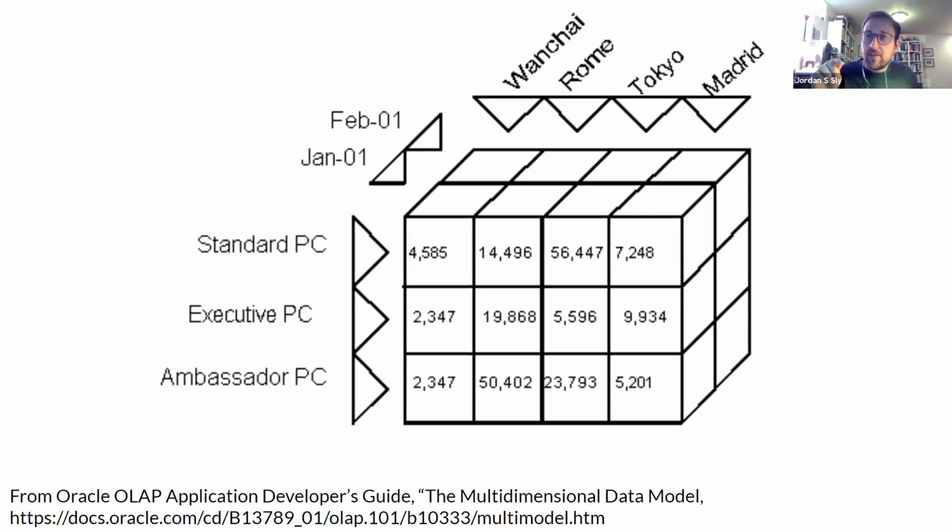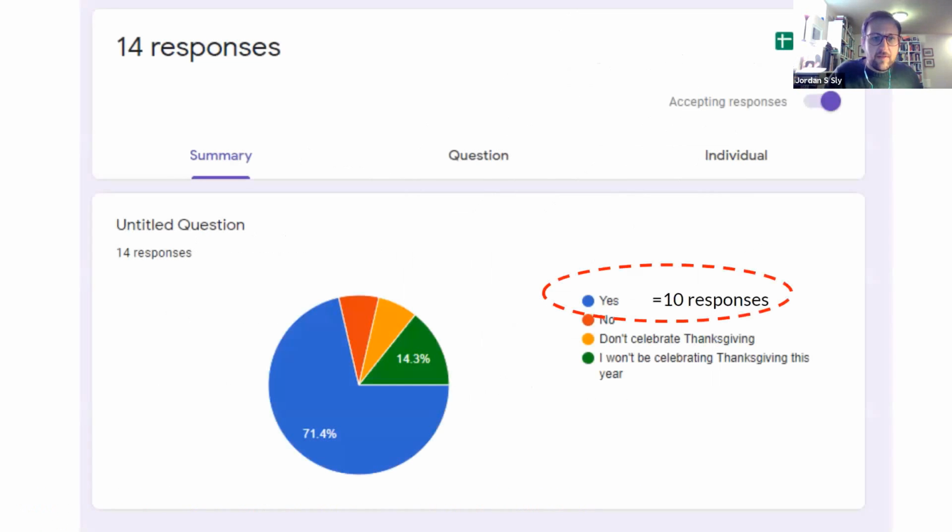So the idea with the multidimensionality of data is it's the singular aspect with its multiple children, right? So what are the things that all create this sort of contextual information? From data point A, this is from our silly little survey, we can see that 10 people responded that yes, they are ready for Thanksgiving break. I am amongst those. We have very little else that we can see with this data presented.